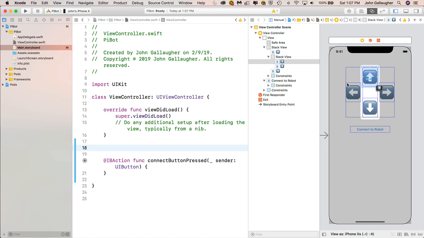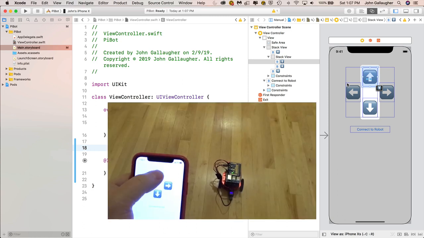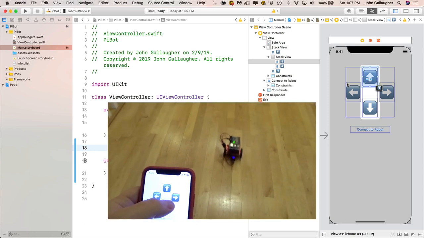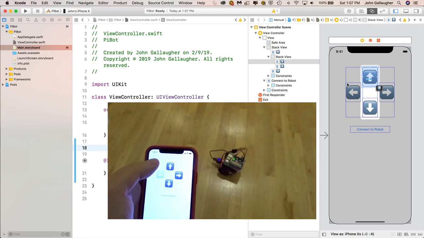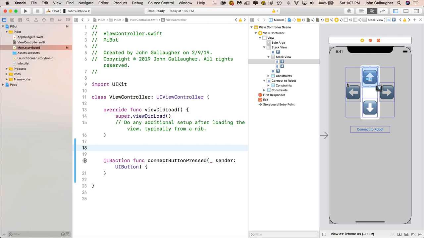And our behavior is going to be a little bit non-standard for iOS applications. Each button is going to act sort of like a gas pedal. When we push our finger down on one of the buttons, our robot will continue to move, and it's not until we lift our finger off of the button that the robot will stop. So I'm going to create 2 functions down here, one which fires on button down, the other which will fire when the finger comes off of the button, button up, and we'll attach all 4 directional buttons to these 2